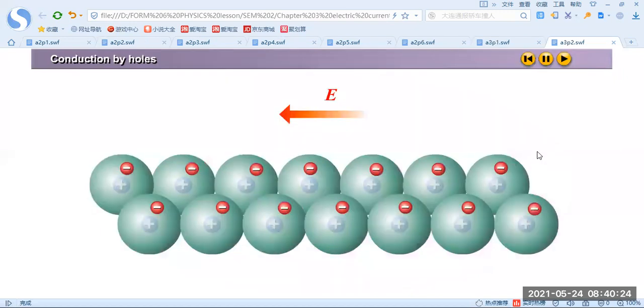Okay, the conduction by holes. Holes means there is a positive charge. We assume that there's a positive charge. So now we look at here. The electric field, let's say the electric field is in such a direction. Once the electron moves through, just now the electron went out, so the electron beside will jump and fill in the